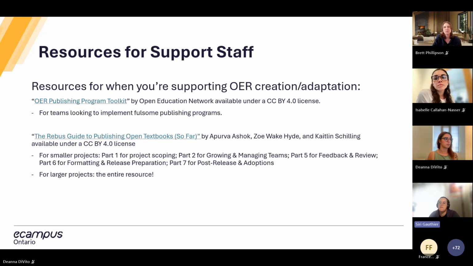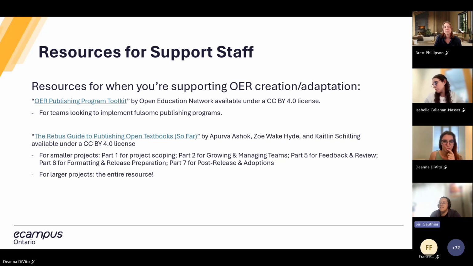We're happy to connect you or to point you in the direction of some resources that might be beneficial to your context. Part of this is sharing resources that are text-based and are also OER themselves, but you have folks who will most likely be very happy to help make your educational experience as positive, inclusive, and accessible as it can be for your learners. So it doesn't have to be only you. It can be a team sport, and in fact, it probably should be, because it means that you've got people in your corner, and you don't have to burn yourself out trying to make things perfect all at once.